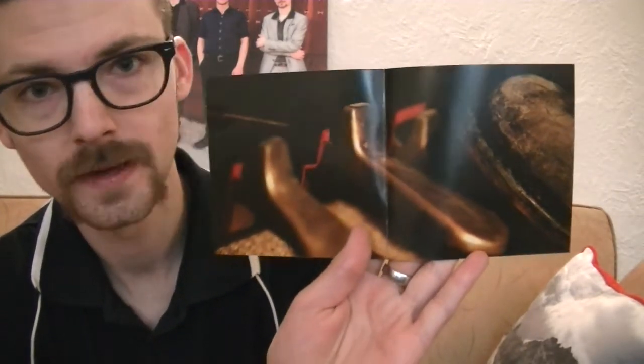Some really cool photos from, I imagine, the making of this album. Looks like Trent or Atticus playing with some effects pedals. This is a really cool shot too. It's like the pedals on a keyboard or organ, piano, and just a scuffed up, dirty old boot stepping on it, like hitting the pedals. I don't know whose boot that is. Your guess is as good as mine, but...